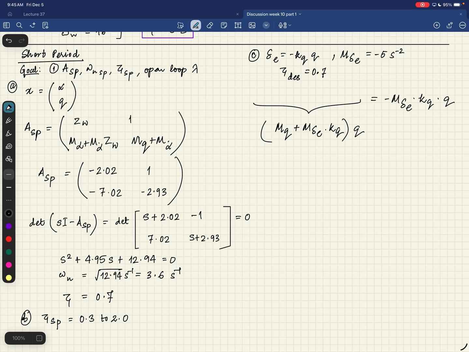So where does MQ appear in the A matrix, which means that the new closed loop matrix is going to be